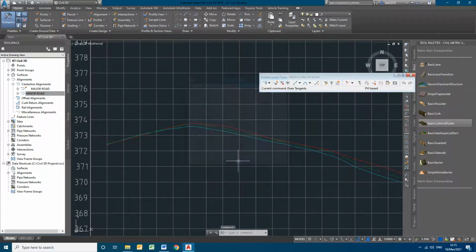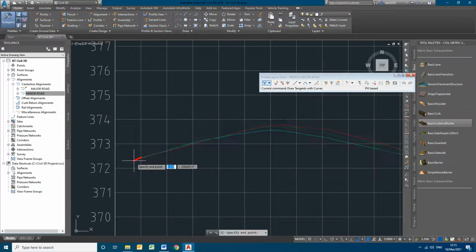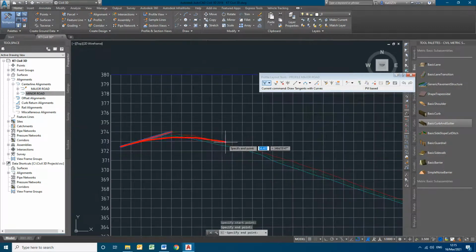So clicking on OK, these will be the default values. I'll be drawing the tangents with the curves. So I'll start from here. So this is my actual ground. So wherever you put the IPs, you'll be getting a default curve with the K values that are specified.